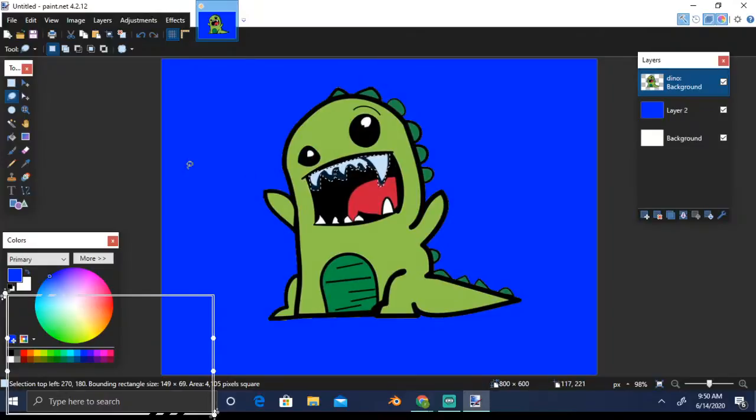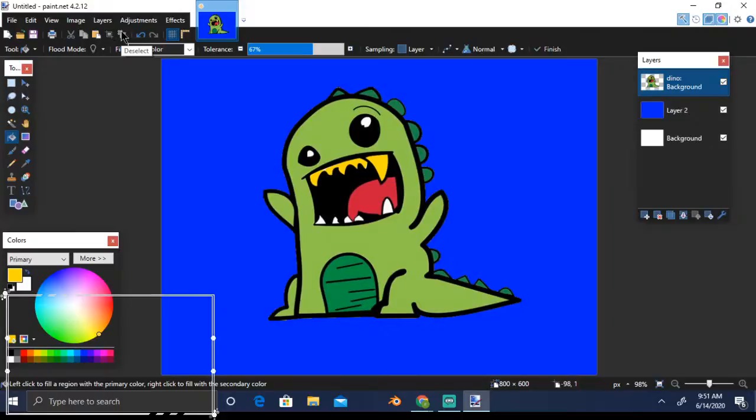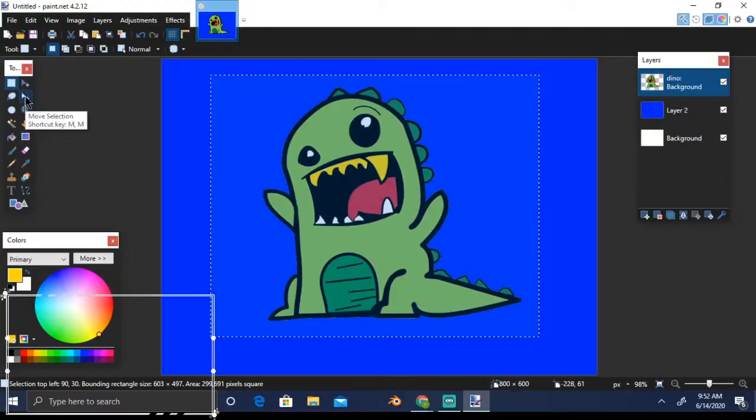Now I have released it, and we have a dirty dino with dirty yellow teeth. That was the power of the lasso tool. If you want to work on a small, particular area, you can select that. With practice, you will be able to make a very good selection using the lasso.